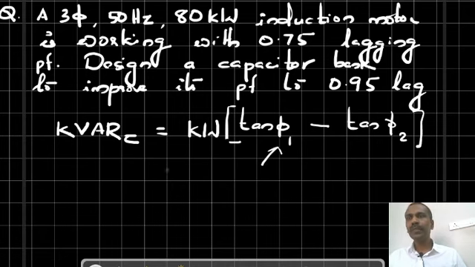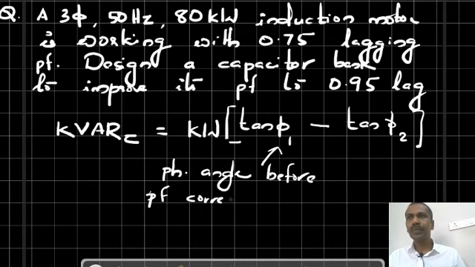What is this phi 1? This is the phase angle before power factor correction. And phi 2 is the phase angle after power factor correction. After the capacitor bank is connected, phi 2 will be the new phase angle. This is equal to, what is our kW rating? It is 80 into,